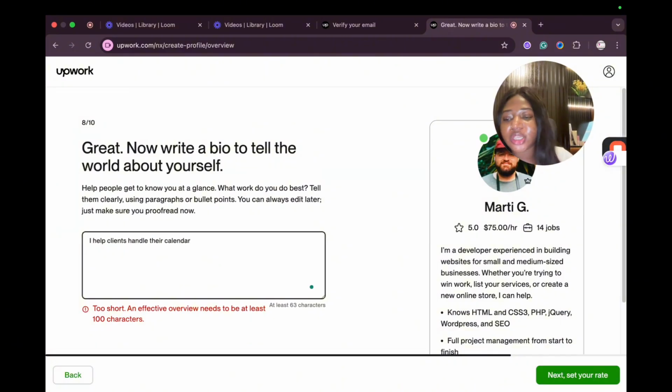So it says too short, an effective overview needs to be at least 100 characters. So you need to make sure that it is up to 100 characters. So I help clients handle their calendar and also their emails so that they are more productive